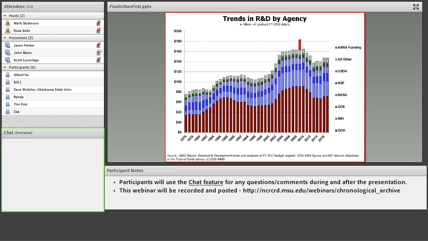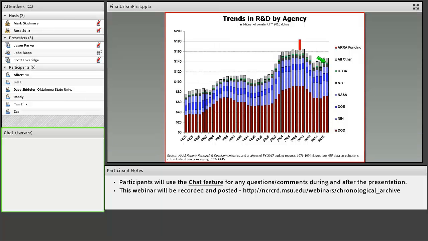Okay, so let's get to the idea of research and development funding across the different federal programs. When we think about the budget, obviously the Department of Defense, this area in red, gets a lot of the money. Then the National Institutes of Health, which was relatively small compared to DoD, but has grown quite a bit. Still not as big as DoD, but a pretty important piece. And then, of course, the Department of Energy and NASA. We also see NSF funding, which is still pretty small, but has grown quite a bit.